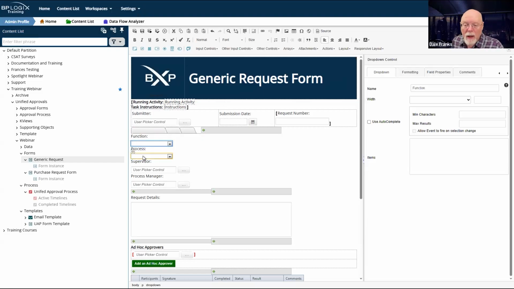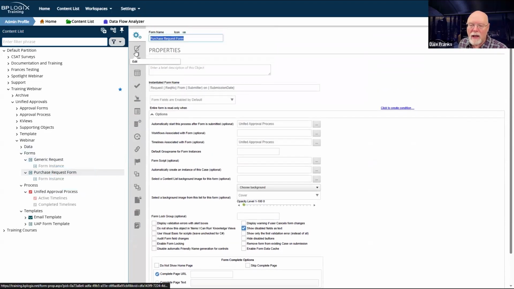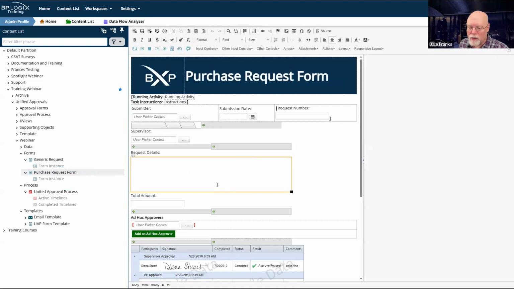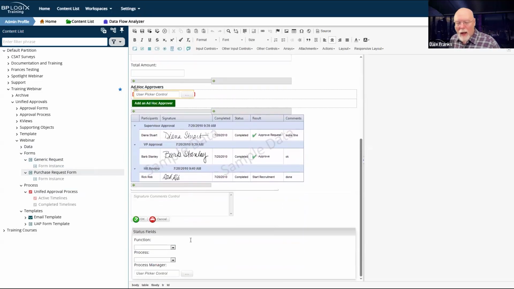So, for example, for a finance form, I might not have a purchase request form. Now, for the purchase request form, I customized it so that it is nothing but a purchase request form. However, I probably went a little too far.